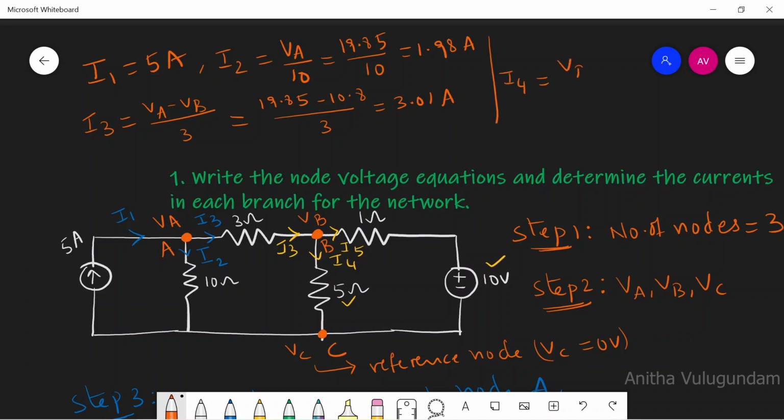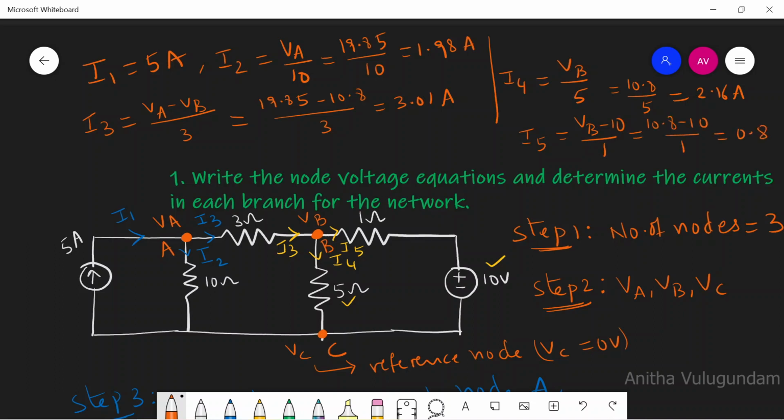I4 equal to VB divided by 5, VB equal to 10.8 divided by 5 equal to 2.16 amp. I5 equal to VB minus 10 divided by 1, which equal to 10.8 minus 10 divided by 1, that equal